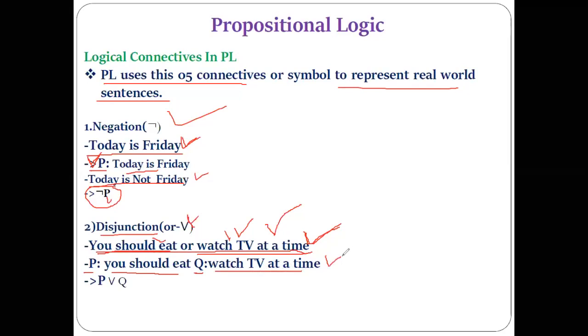Now this is the first step: represent the given complex sentence using the propositional symbol and convert it to the simple sentence, and last write the proposition logic for that. Now proposition logic for that is simply nothing but this relationship P or Q. Is it correct? Yes, sir. So this kind of question is always asked in the exam. You will get 4 or 5 sentences, and you will be asked to write the proposition logic for that